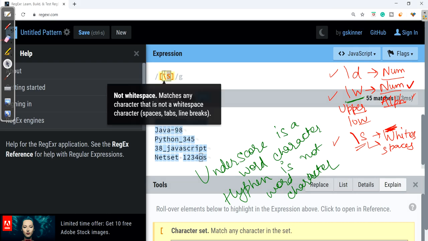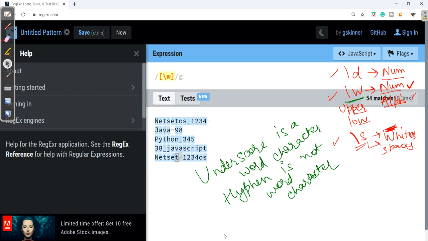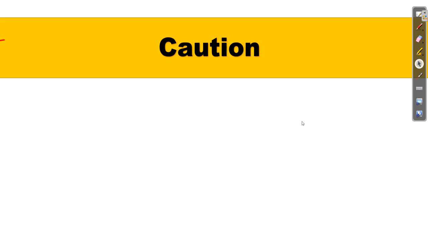Here if I write backslash W, it is taking all the characters, numerical, uppercase, lowercase alphabets, underscore, but it is not taking hyphen and not a space. So we can say hyphen is not a word character. Understood?